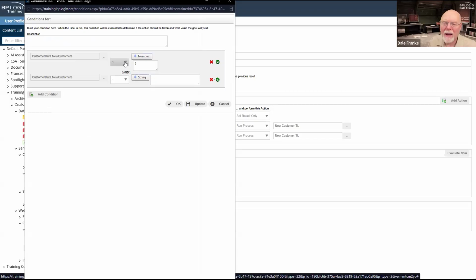We're going to say that it is, I think this will work. If I just go greater than 0, I should probably look at my other condition to figure out how I did it. And less than 5. So it's greater than 0 and less than 5. I think that is the condition I want.